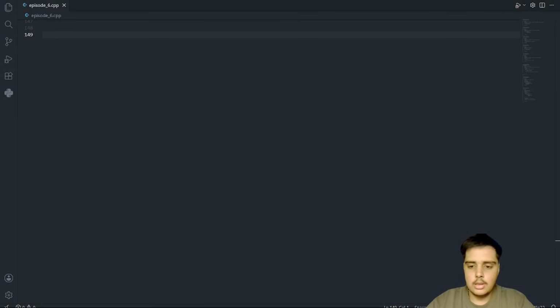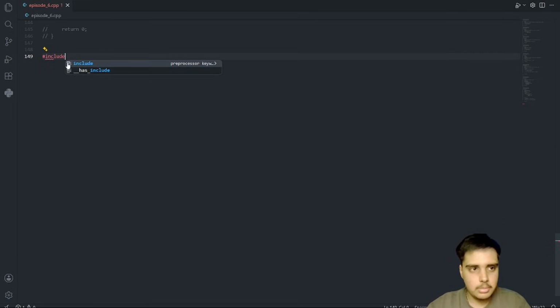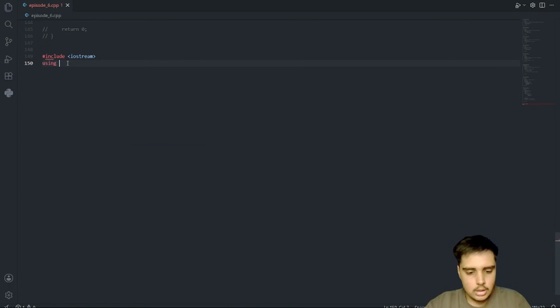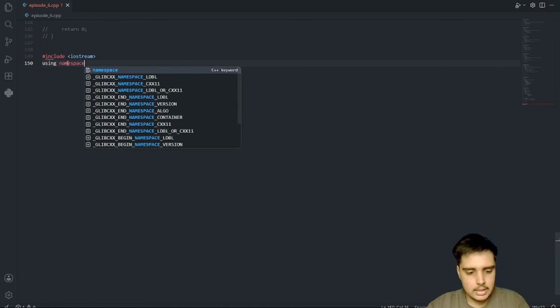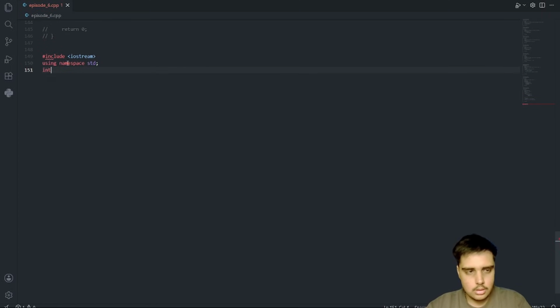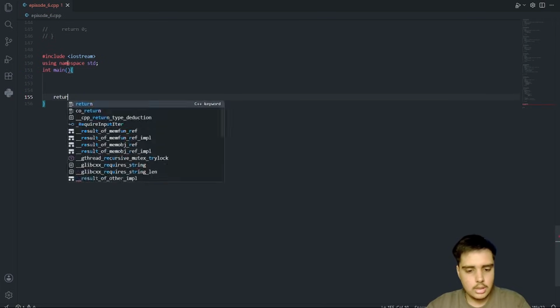Coming to our VS Code screen, firstly let me write all of the boilerplate work. Hashtag include iostream, using namespace std, int main, return 0.